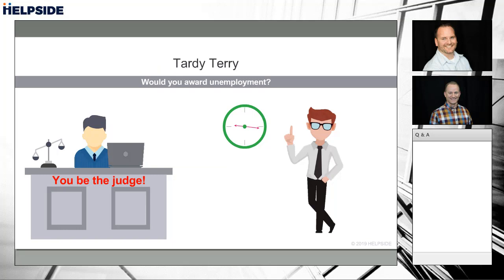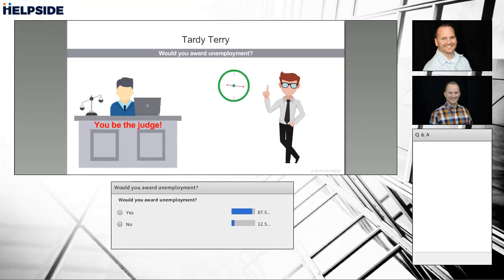Okay. Our last one then is the case of Tardy Terry. And here's Terry's situation. He's a customer service agent. He's been with the company almost 2 years. But over the past few weeks, he's starting to come in late, 10, 15, 25 minutes. His manager talked to him about his tardiness and let him know that he can't do that. And he says, oh, yeah, well, you know what? I had some personal stuff going on, but that's all cleared up, so I'll be here on time.